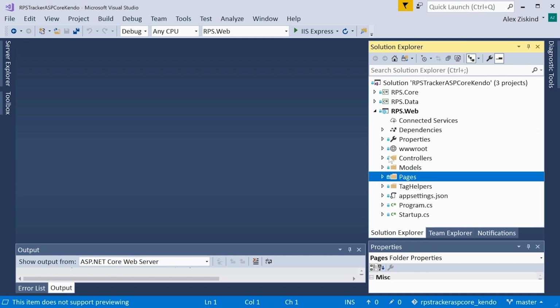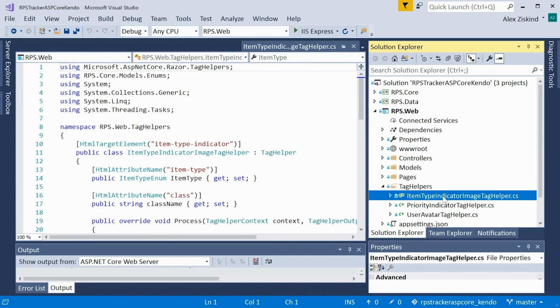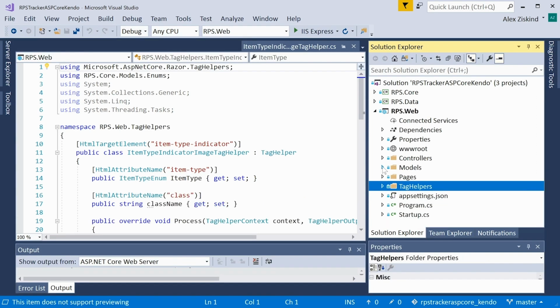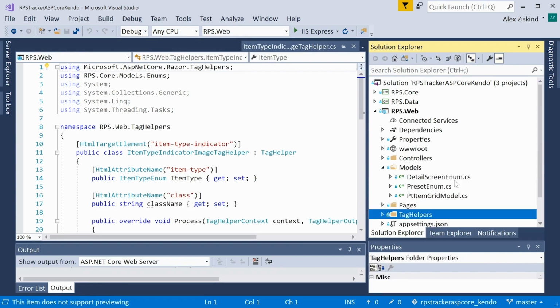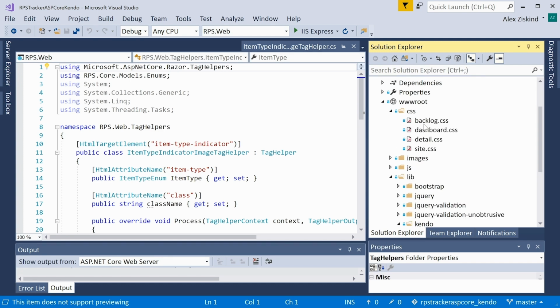There are also some included tag helpers that have been created for you. You don't need to know how to create tag helpers, but we'll be using these throughout the course. The models folder has a few helper enums and a PT item grid model, which we'll use later in the grid chapter. The www root folder is an important one, as this has our CSS for the site